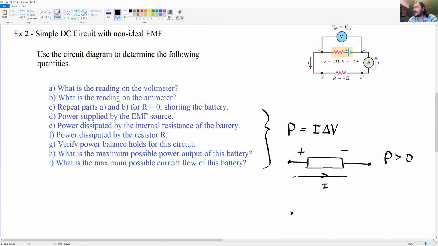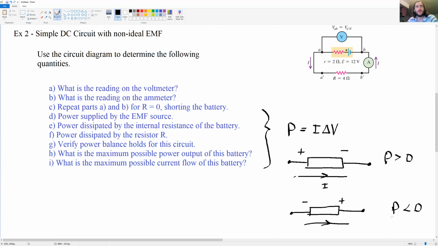And if you have a scenario where current flows in this direction, then the power is less than zero. And that is power being supplied to the circuit. In the lecture notes that I went over with you last time, or maybe 2 lectures ago,